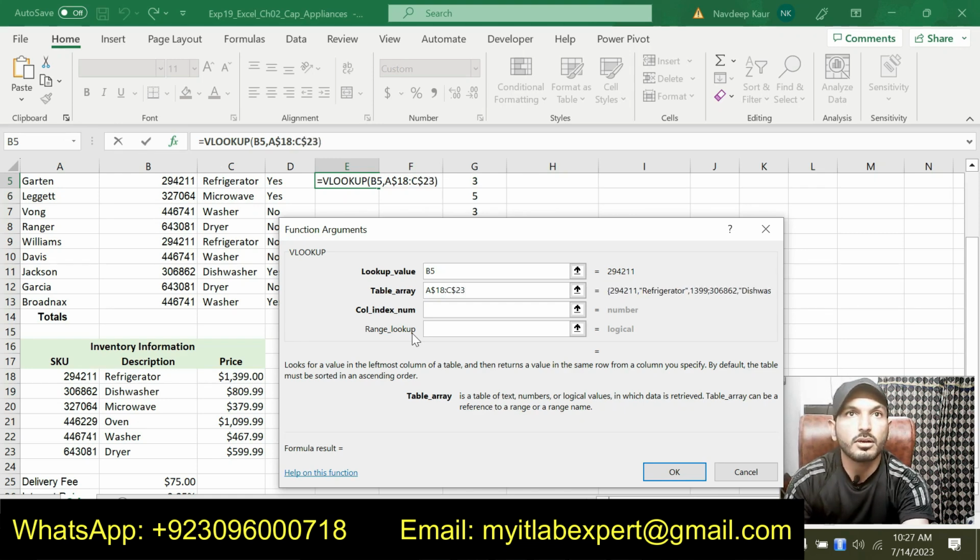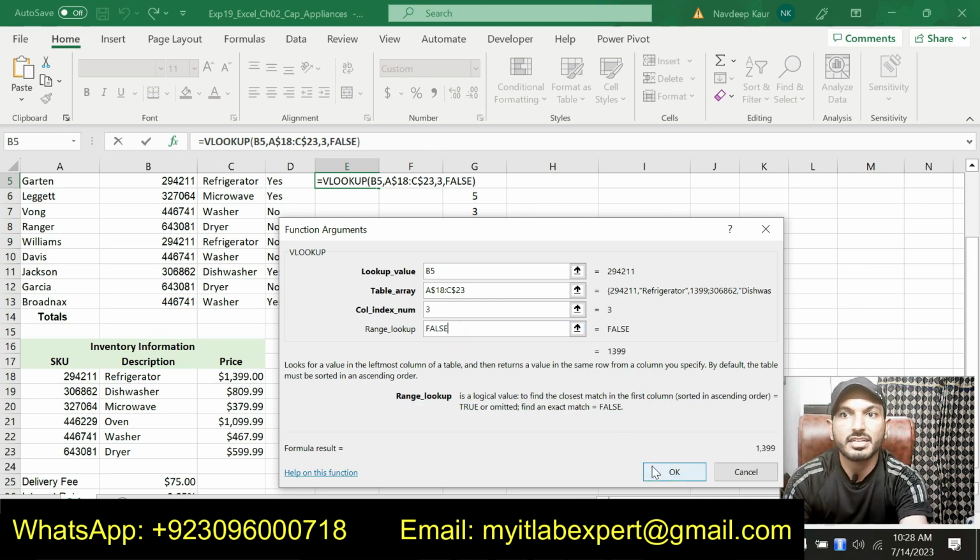That is our lookup table array, from this one to this one, and now our column index will be the third one, because we are looking at the column number in the table array. When we were looking for item name, we typed 2, now we will type 3 because this is the third column in the table array, and again false.